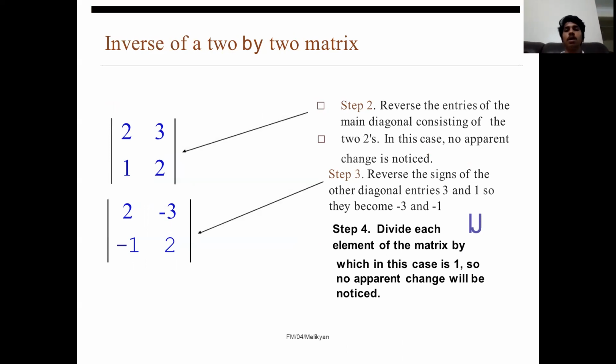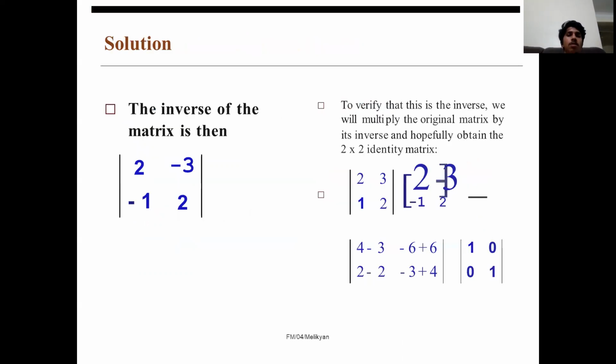Step 2. Reverse the entries of the main diagonal, consisting of 2's. In this case, no apparent change is noticed. Step 3. Reverse the signs of the other diagonal entries, 3 and 1. So they become -3 and -1. Divide each element of the matrix by delta, which in this case is 1. So no apparent changes will be noticed. The inverse of the matrix is then